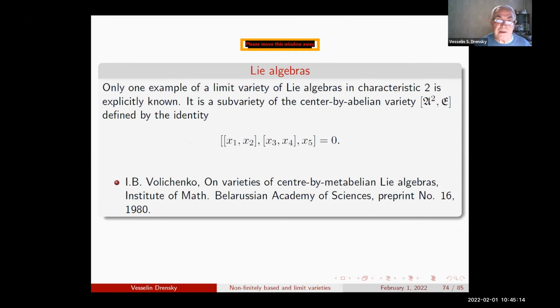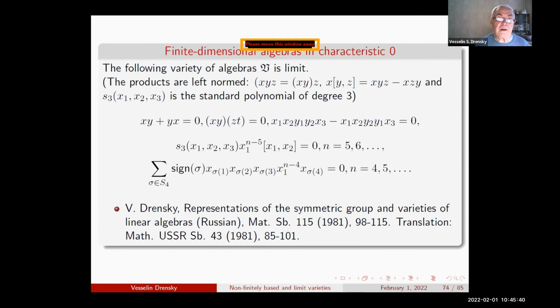For Lie algebras, there is only one example which is known, for Lie algebras in characteristic 2. This was done by Volichenko, through the central Abelian identity. You added several more identities to get something which is not finitely based. This was in a preprint. It was never published in a journal. And if you consider algebras in characteristic 0,